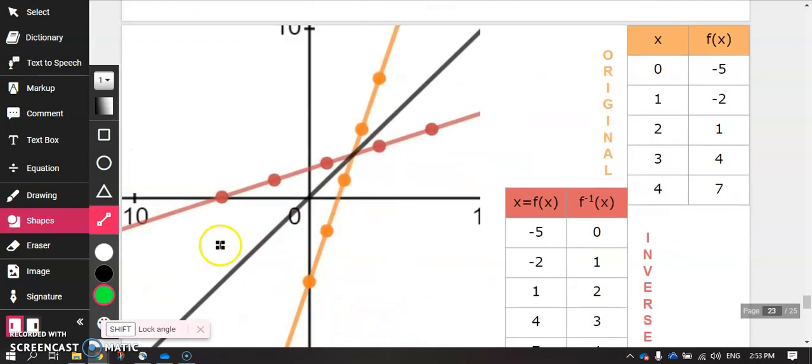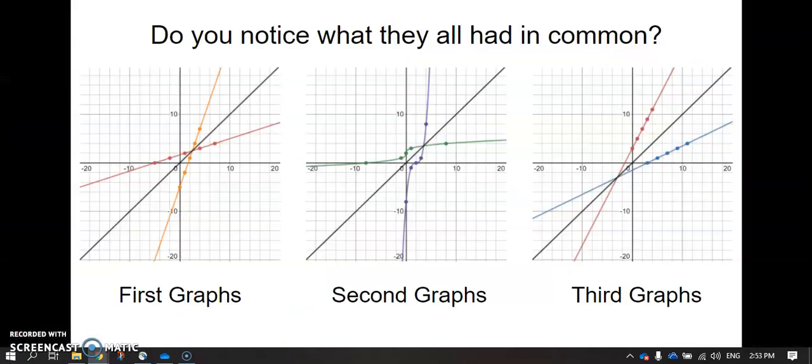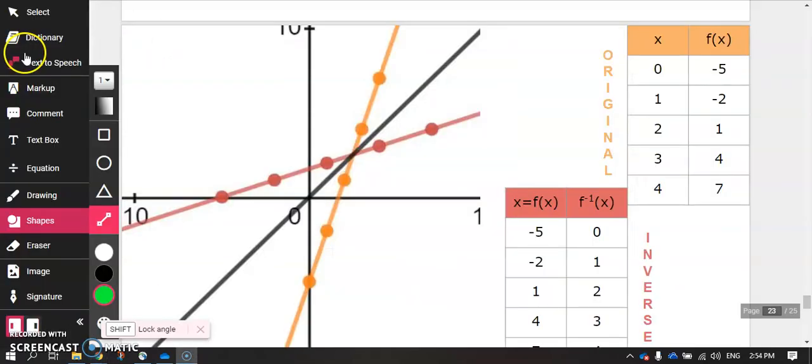So looking at this, here's our first function example, when f of x equaled 3x minus 5, and the inverse was 1/3 x plus 5/3. So you can see my original line here in orange and my inverse line in red. And if I go ahead and match up the corresponding points, just connect them across that identity function,